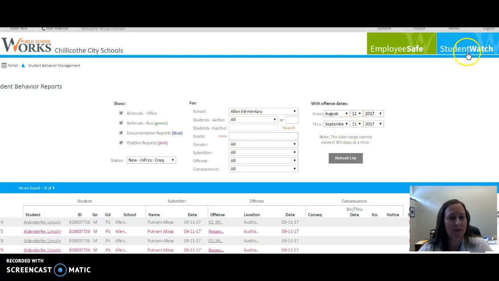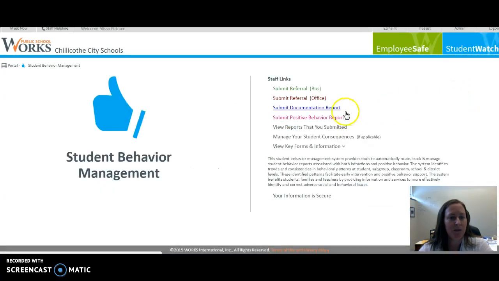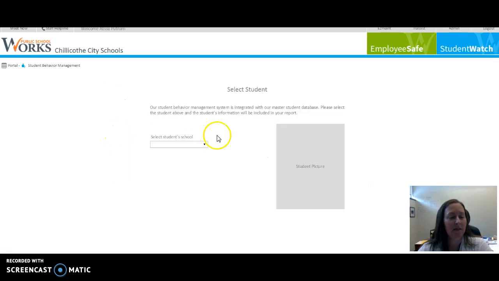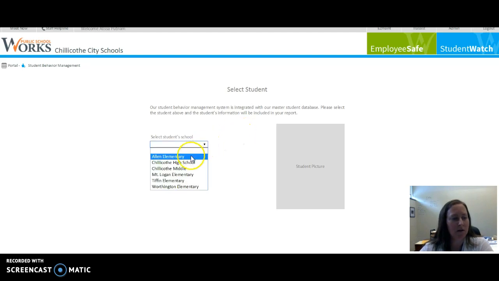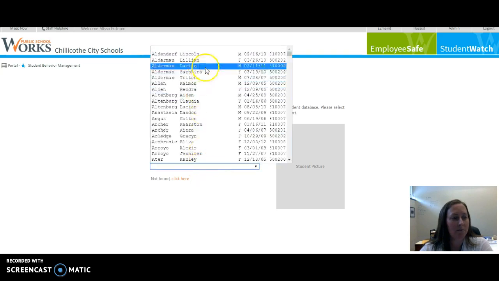Now there's one other section I want to show you. It is the Submit a Documentation Report. This might be similar to, in the elementaries, referring to a minor infraction, something that I probably am not going to send the student to the office for, but I do want to report that this has occurred because maybe down the line I have multiple incidents of the same type, and that minor infraction now becomes a major infraction. So again, I choose my school and my student,